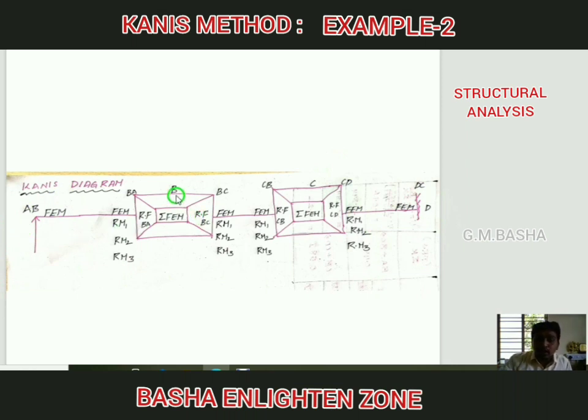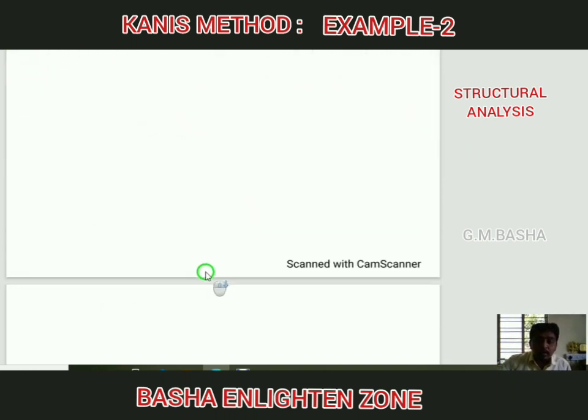And at the same time, you have to calculate the rotation moment for BA and write it down here, 1, 2, 3. And rotation moment BC, 1, 2, 3 here. Like that, however many rounds you get, we have to write down those rotation moments continuously here. Okay. Then we will move to the problem.